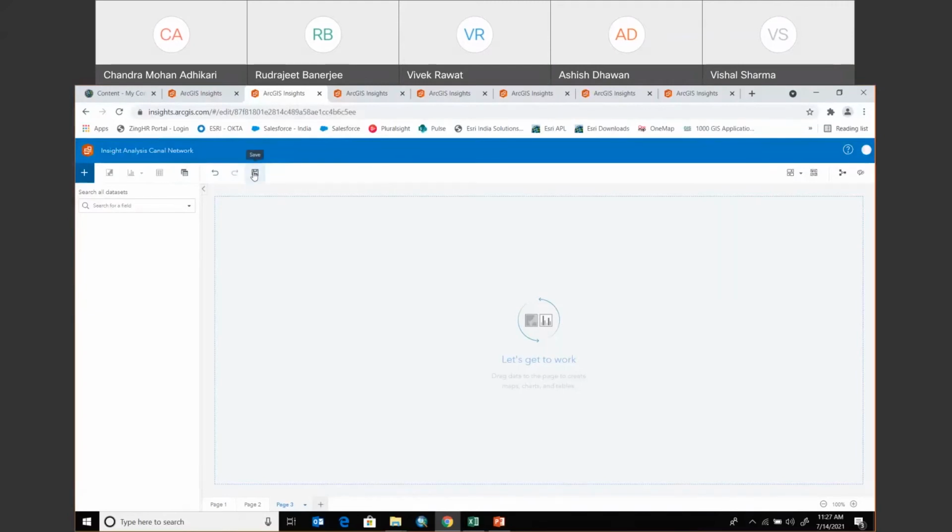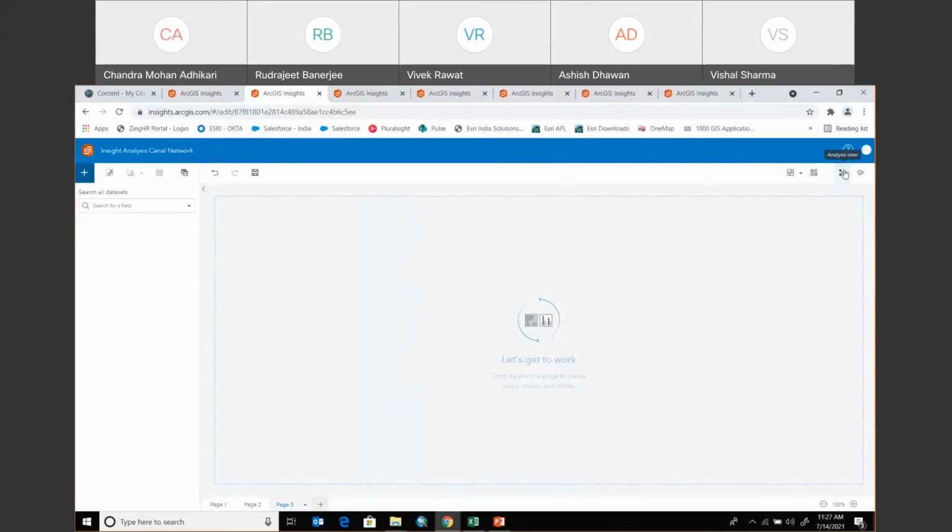Any moment of time, you can save your workbook. You have options to insert photographs, videos, or text and media to your data. And you can have certain predefined filters if you want to add them to your analysis. It gives you an option to add base maps from the gallery like we do in our other products.